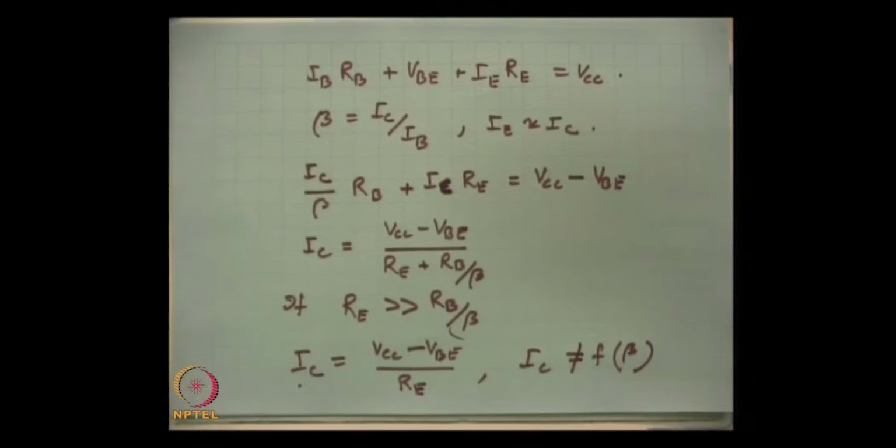There is a variation of this circuit which is often used, and that variation is called the voltage divider circuit, self bias, but with a little modification. That is the one which is most widely used, and we will talk about that in the next lecture and continue with other biasing circuits.